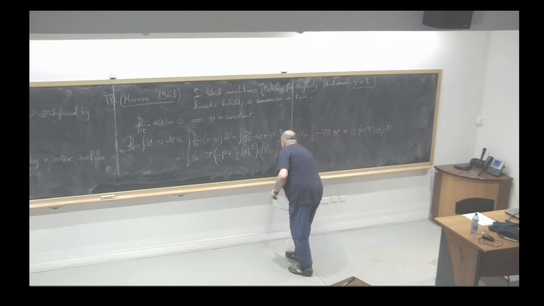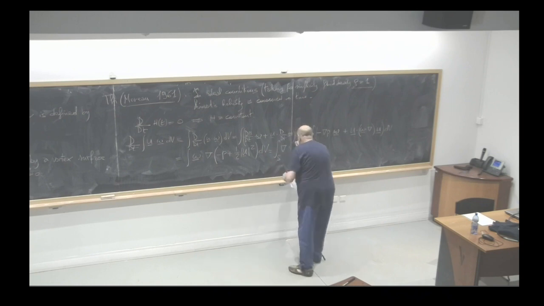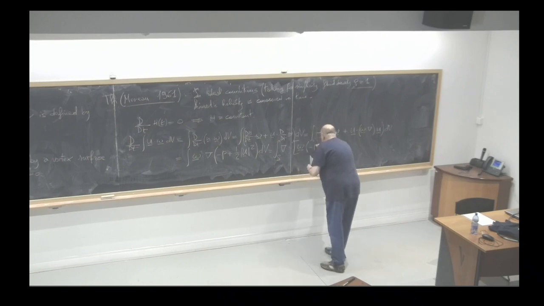And so when we do this, we have the divergence of omega minus p plus 1/2 u squared, and